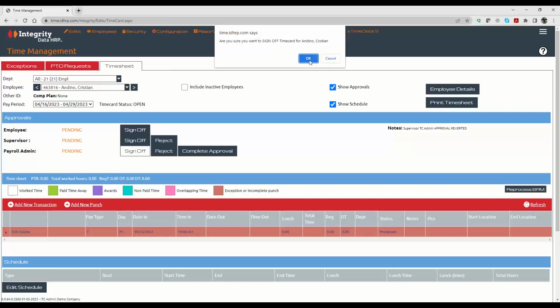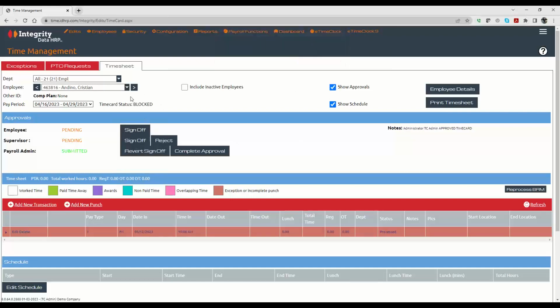Once the administrator has signed off, you will no longer be able to revert your approval, and you would need to contact the administrator to get them to revert the sign off in order for you to edit or do whatever you need to in the time card if it's not already too late. I'm just going to revert this one right here. Now,